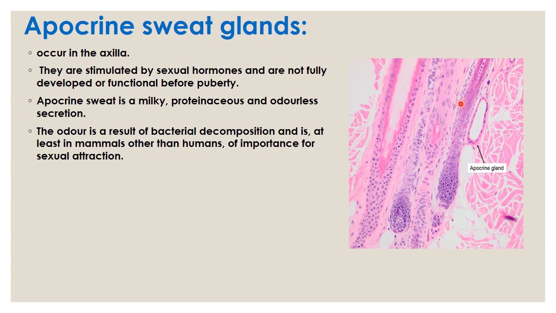Now you can see here in this diagram the hair follicles and the hair bulb, and these are the apocrine glands. You can see they are attached to the hair follicle, that is the pilosebaceous unit. So the apocrine glands will always pour their secretions through the canal which is shared by the shaft of the hair, which is called the pilosebaceous unit, which we have discussed in our previous lecture.